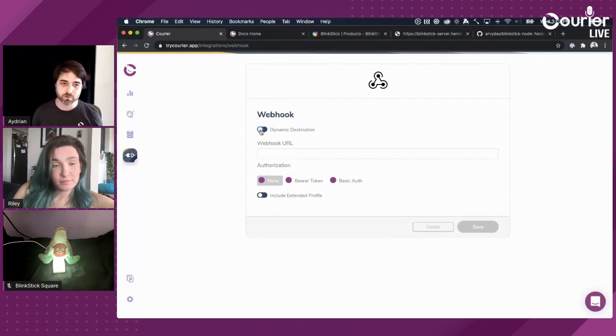And so for today, I want to do a dynamic one, because thinking like, what if Riley had a piece of IoT, doesn't have to be the BlinkStick, but it's something that has a route that's set up that can consume Courier. So maybe she has like a Hue light bulb and she has a route connected to it. Then I could put in your profile the URL for your server. And so whenever it sends out, it knows to go there instead of mine, because you might not be connected